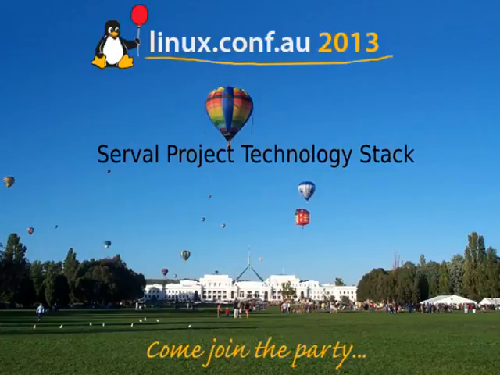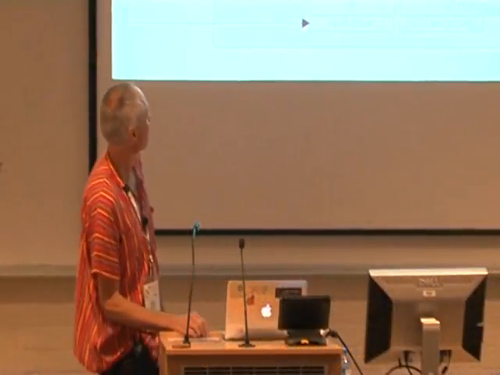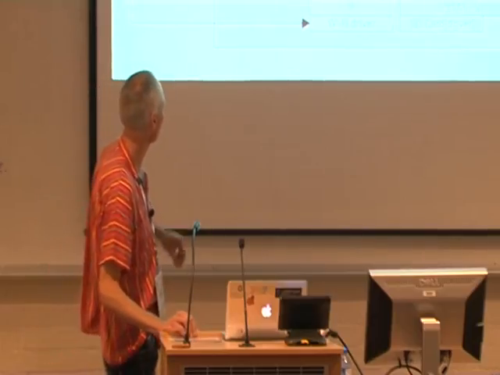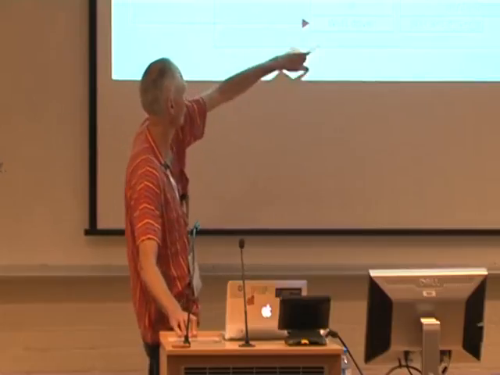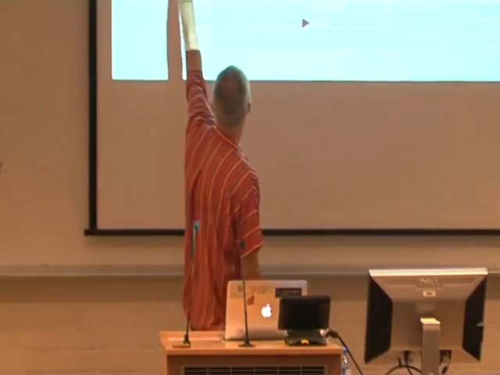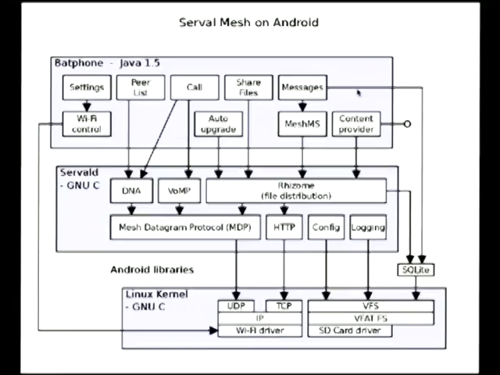Yes. So how did we build this wonderful Serval Mesh software that we've got today? Okay, this is a diagram of the system architecture of Serval Mesh running on an Android system. As I explained earlier today, we've got the Linux kernel, and everything uses the Linux kernel via the Android system libraries. We have this component, which is basically the common component in everything that we're building. All of our core Serval functionality, all of the core code is in this thing, which we call Serval D,